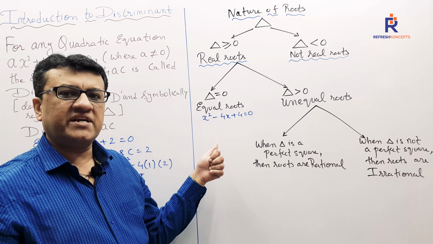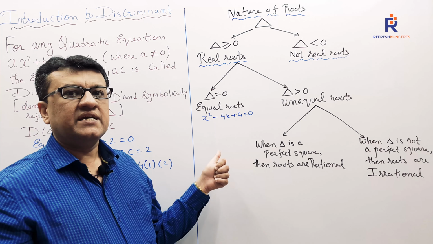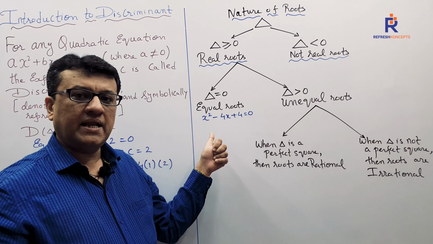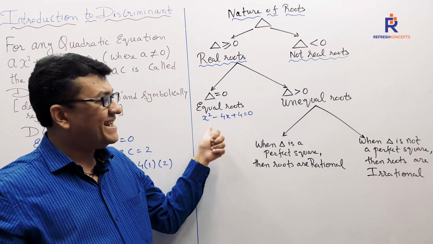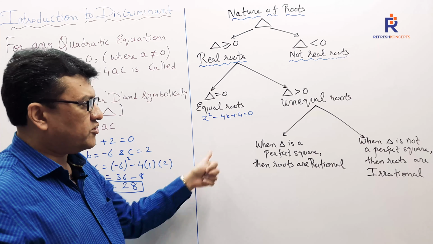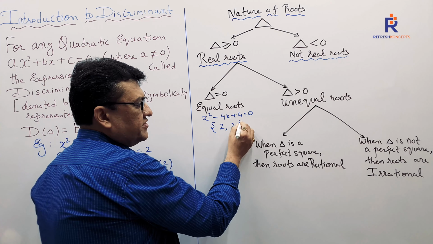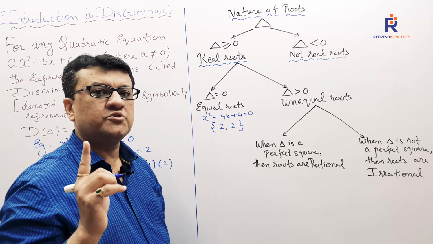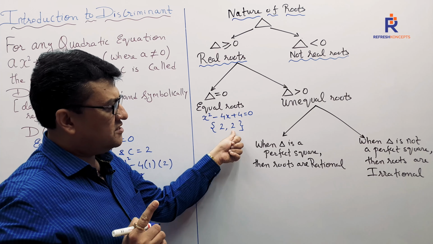We will solve this particular quadratic equation by method of factorization, though we can solve it in many ways, as we are going to discuss in the further slides also. Say, for example, I'm solving it via method of factorization, which is coming next. So I'll get the roots of the quadratic equation as the solution set 2, 2. There shall be two roots. Both the roots are going to be 2.